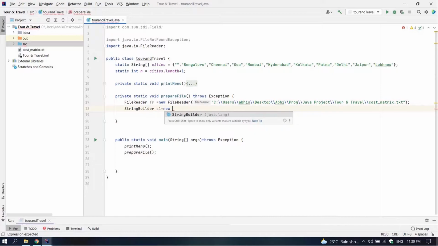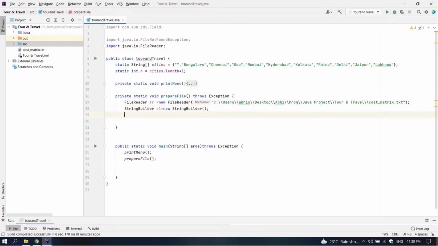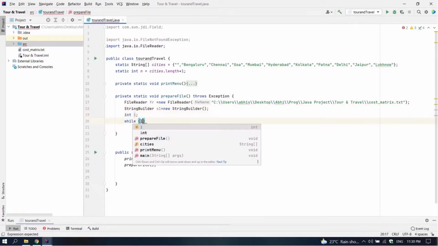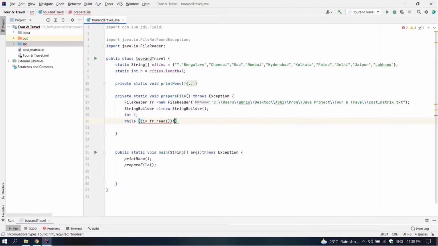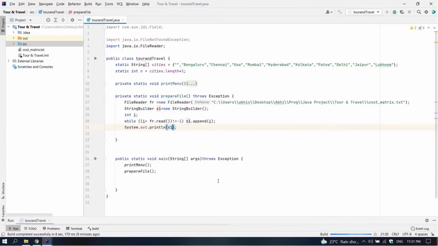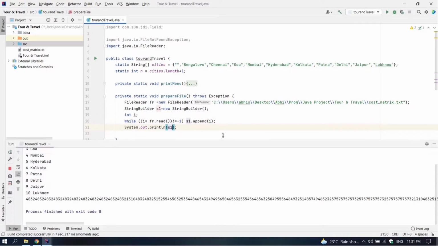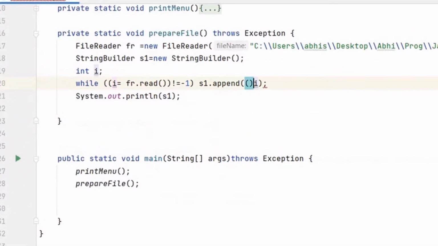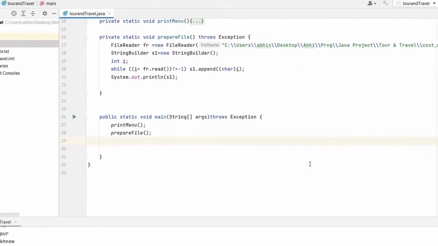Then we will use a StringBuilder to store the text file as a string. Let's typecast it into character.